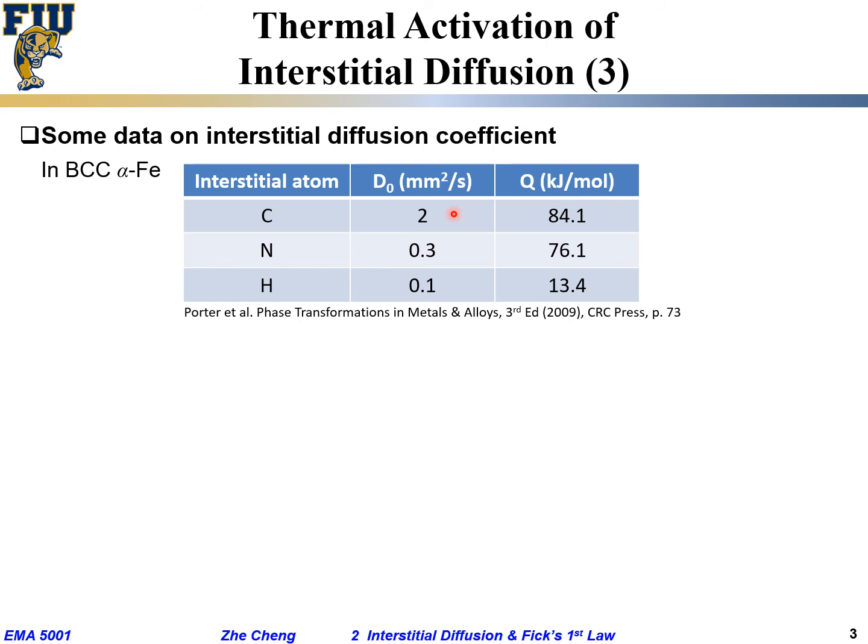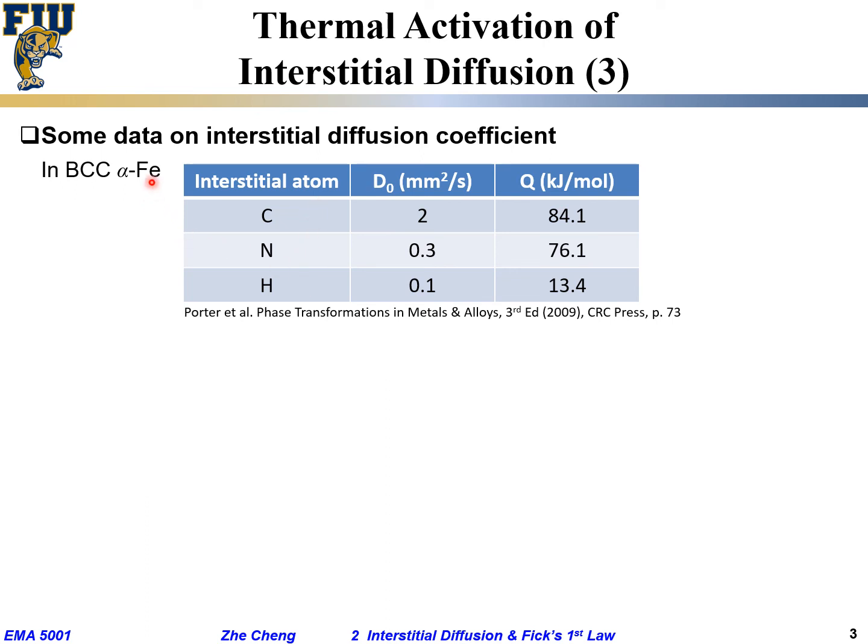Make sense? Because that's the frequency factor, that's the mu term. That's pretty much the same at the same temperature for all 3 atoms. But then the entropy term, exponential delta S over R, is largest if the atom is larger. So this is what we have for the frequency factor and the activation energy for interstitial atoms of carbon, nitrogen, and hydrogen within BCC alpha